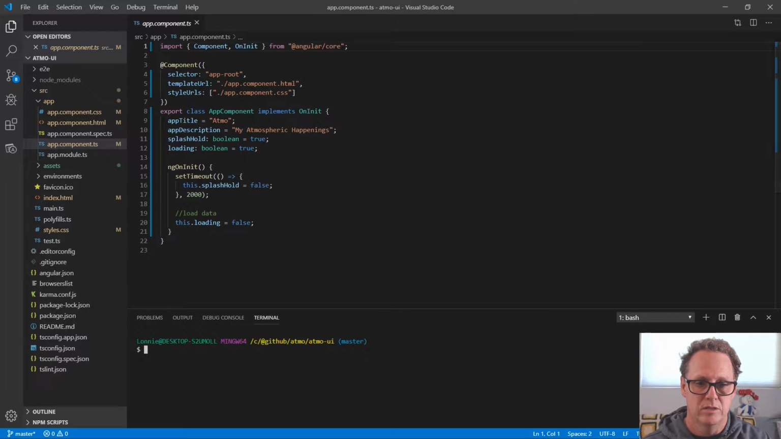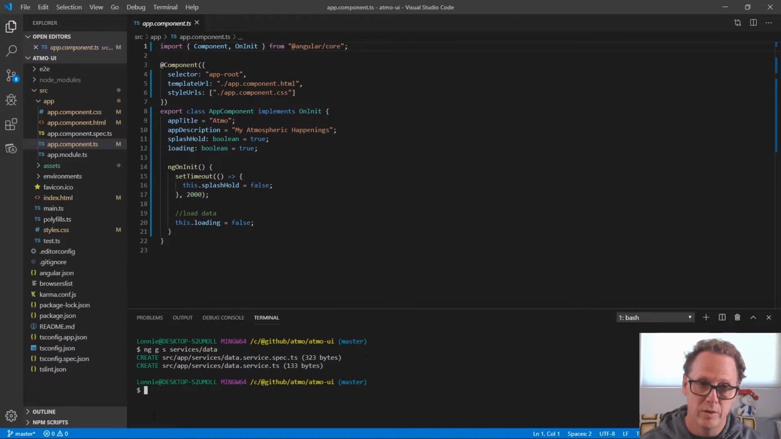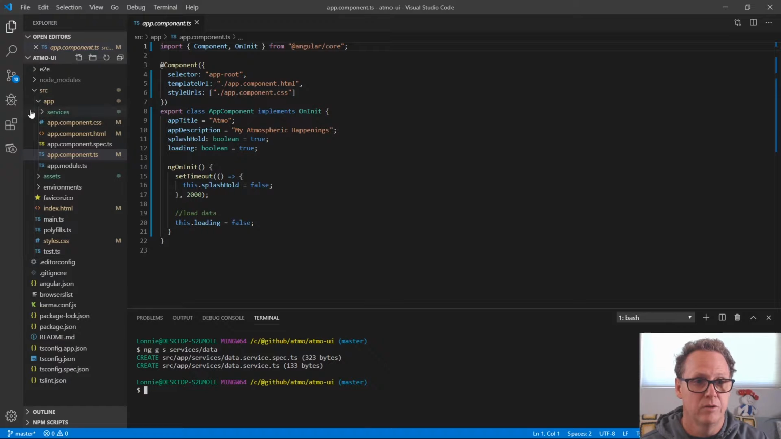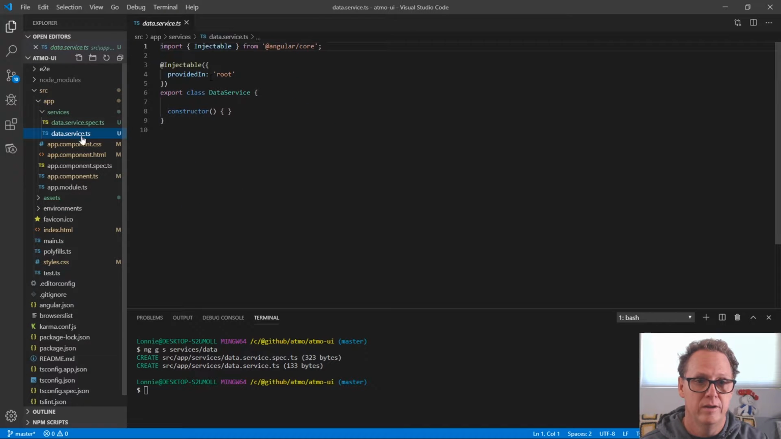So the first thing I want to do is just use the Angular CLI to add a data service, and that's pretty easy. We'll just do ng generate, with a G, and then we put S for service. I want to put this in its own directory. So I'll put services, and I'm going to call this data. So let's go ahead and create the files within that folder. We have them right here, and here's the base